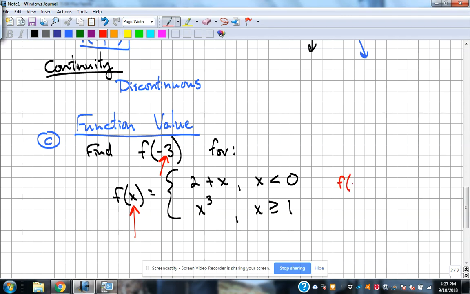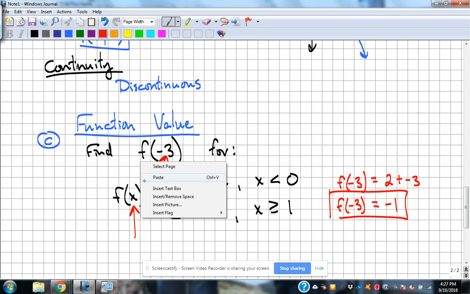Okay, so f of -3 would be 2 plus -3, which is -1, because -3 fit in this inequality. You look for which inequality the x value goes with, and use that piece. Okay. If we were using the same function,